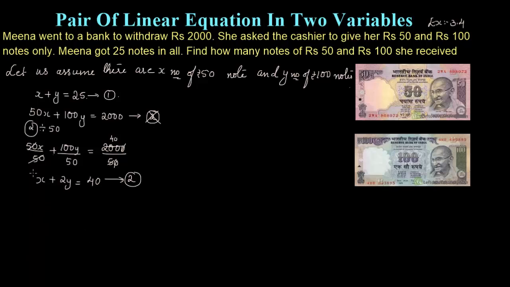So now let us equate these two equations. x plus y is equal to 25. Now you can observe x has the same coefficient, so let us change the sign to eliminate one of the variables. So this will get cancelled. Plus 2y and minus y, how much will you have? Plus 1y or only y. Plus 40 minus 25, how much are you going to have? 15, right? So y is equal to 15.